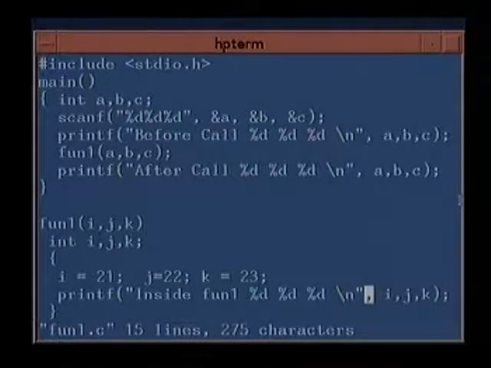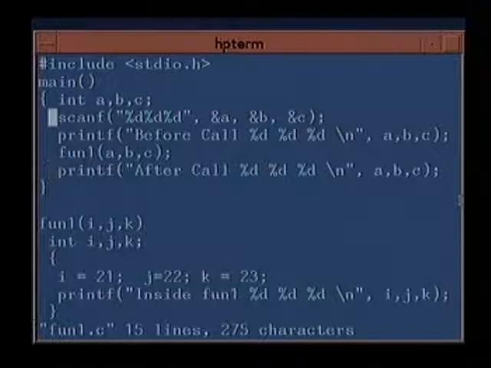Alright? So this is a very simple program to understand what the syntax of a function definition is. The syntax is first the function name, the arguments, then the type, and then the body. And the body again comes in brackets like this, just like a main program. And here I have just read in 3 values, and before the function is called I printed it. I called the function. Inside the function I printed it after assigning it, and this is what I have done.